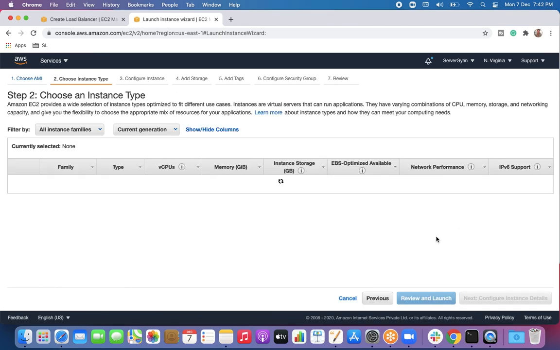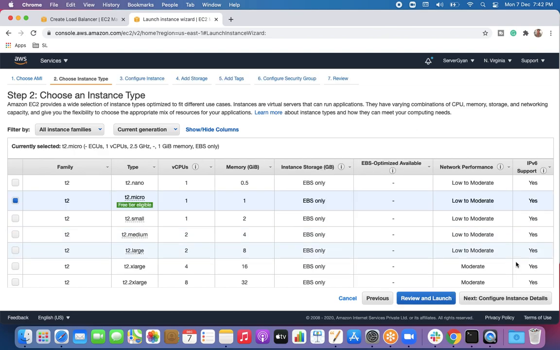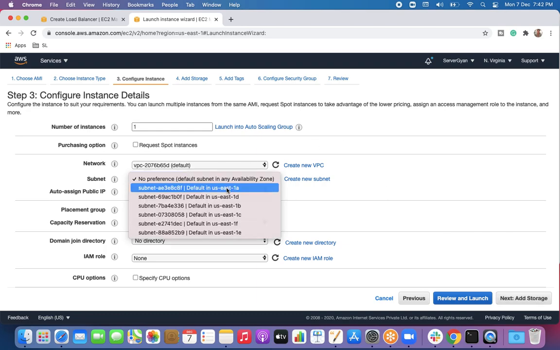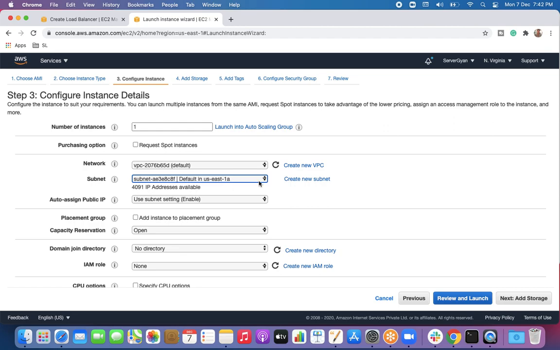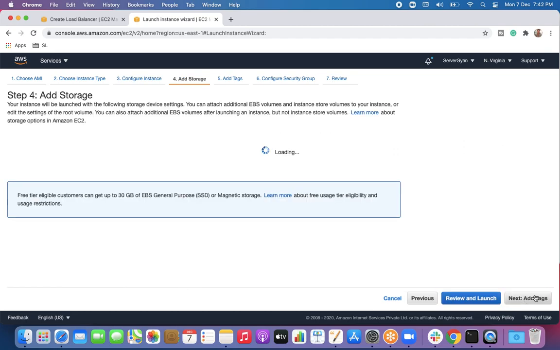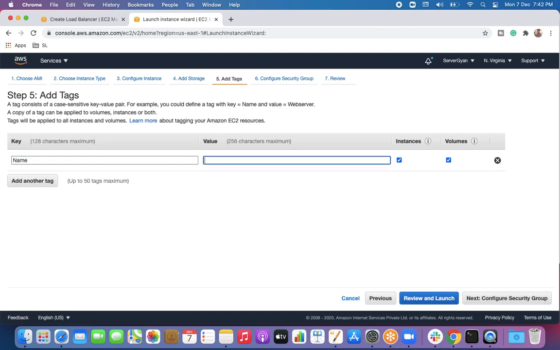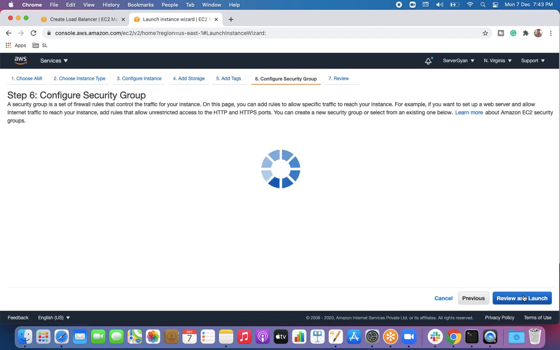So I'll select this machine. I can select any of the operating systems available on the platform, but for this demo I'm going to select only this one. We need to understand in which availability zone we are going to select it, so obviously I'm going to prefer 1A. Then I'll add storage, with the same steps as we usually do for creating an EC2 machine. I can give it a name, and I'll call it IP load balancer. This is just a name for reference, nothing else.